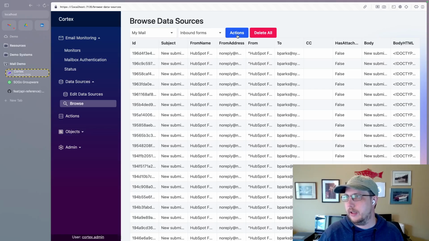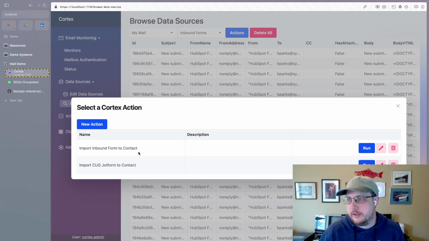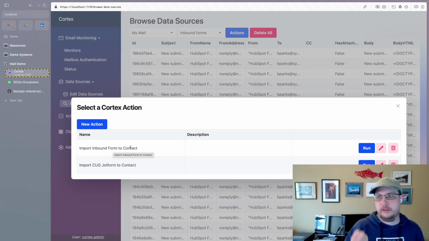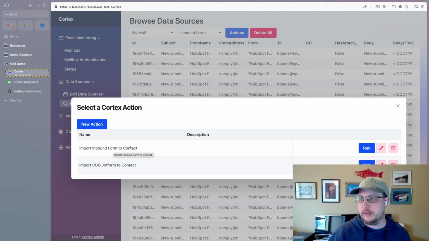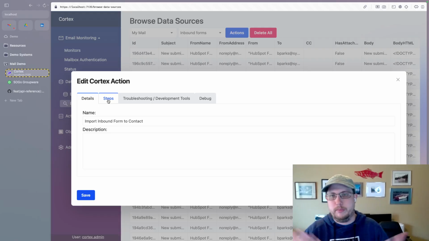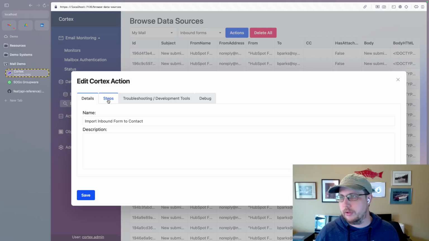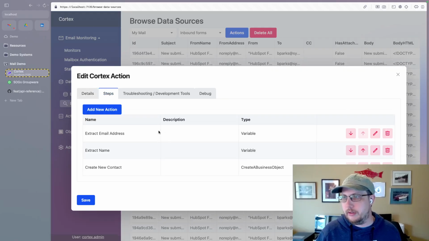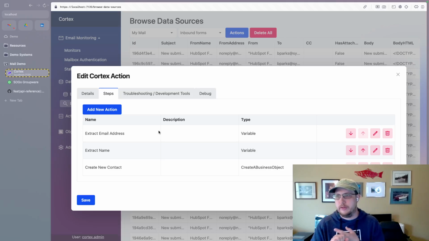So with that, I can perform an action. So I have a few different actions here that I have created. One was importing from this inbound form to a contact. So I'm not going to run it because that would run it on all the records, but let's go ahead and see what it does. An action is some piece of functionality that is composed of multiple steps. And in this case, I wanted to extract the email address and I wanted to extract the name from this